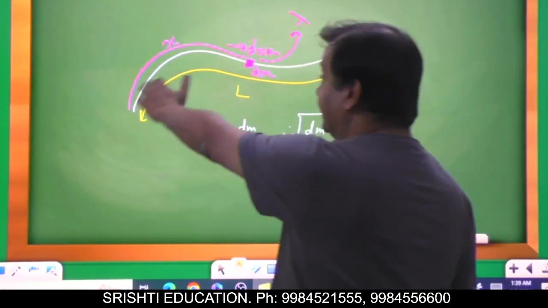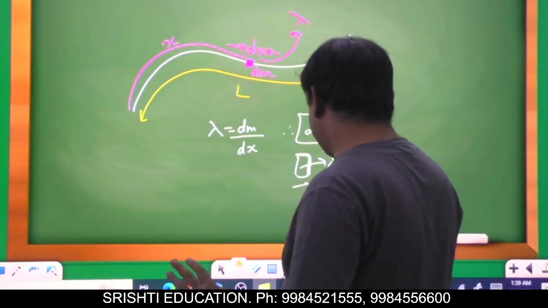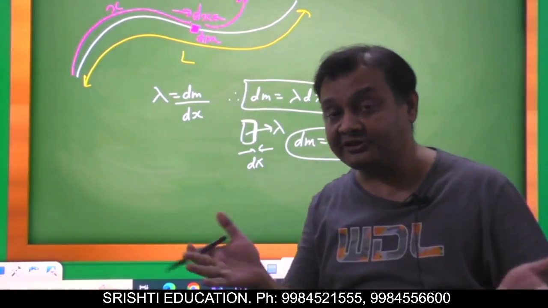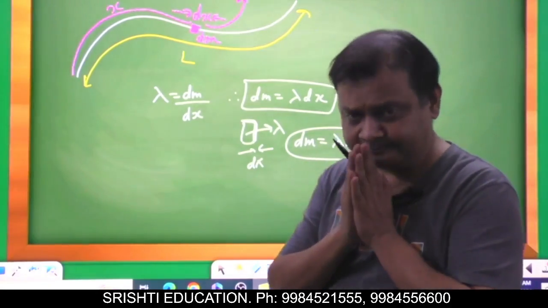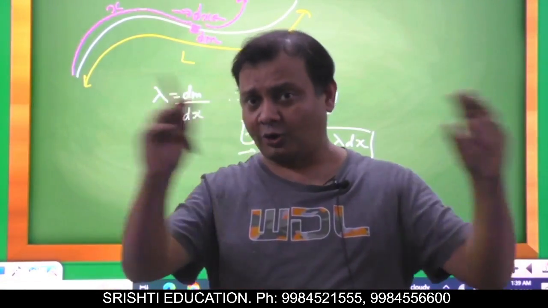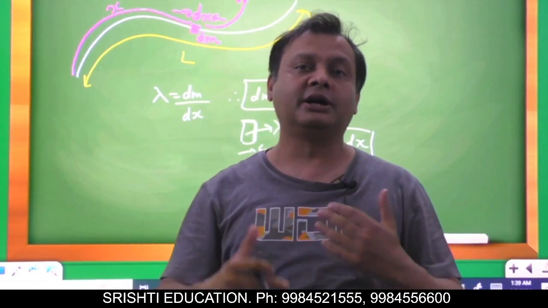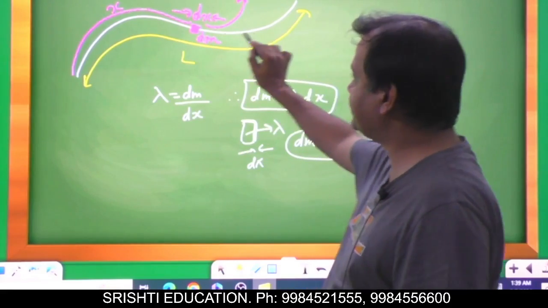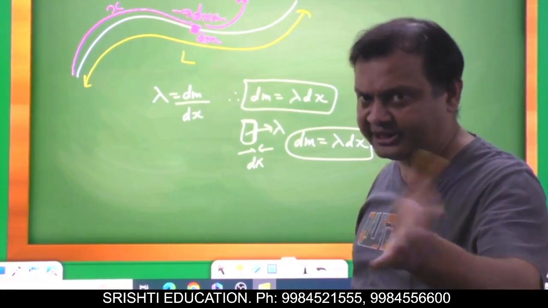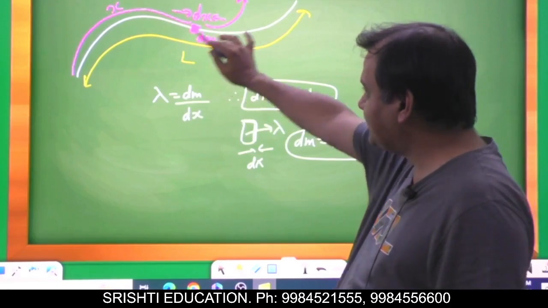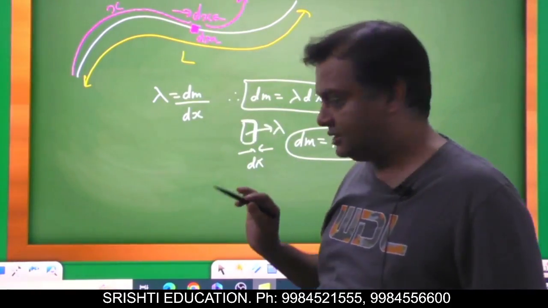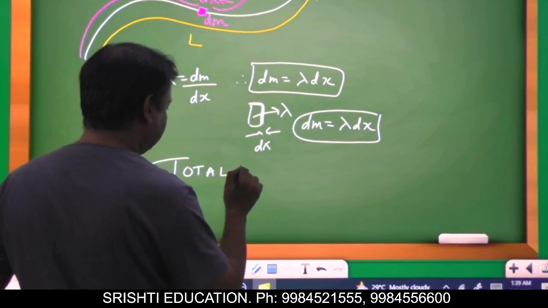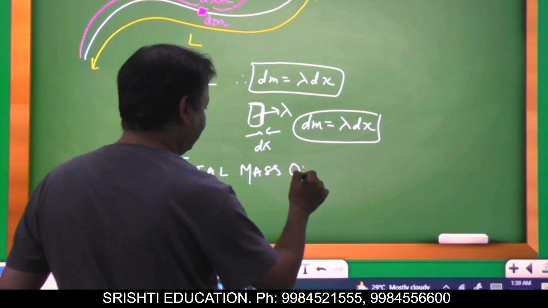Now in the complete length, suppose this is a thread, so in the complete thread, there will be a very large number of such elements, correct? Already we have seen in lecture 1, any extended object can be assumed to be made up of a large number of infinitesimal elements in a continuous manner. So there will be a large number of such elements, each will contribute some mass dm. Now if I have to find the total mass of this white thread,